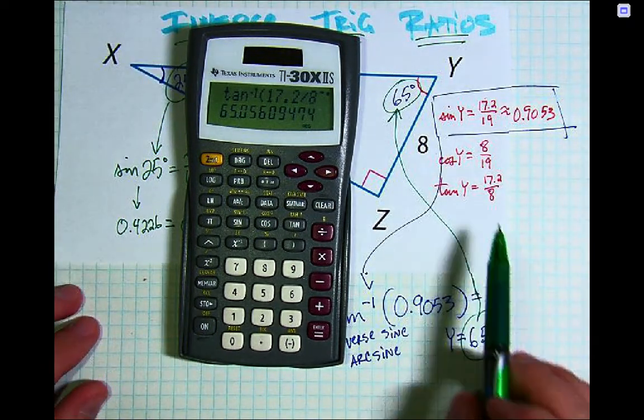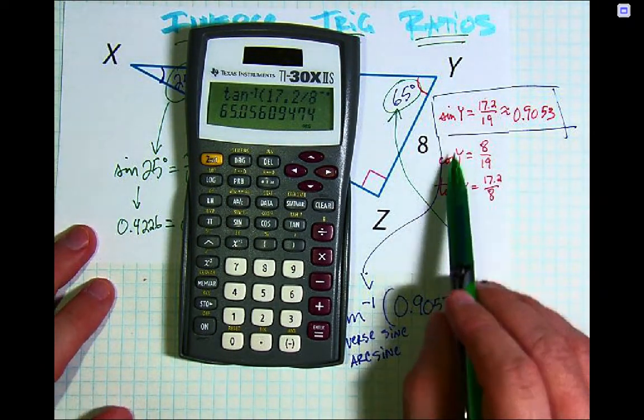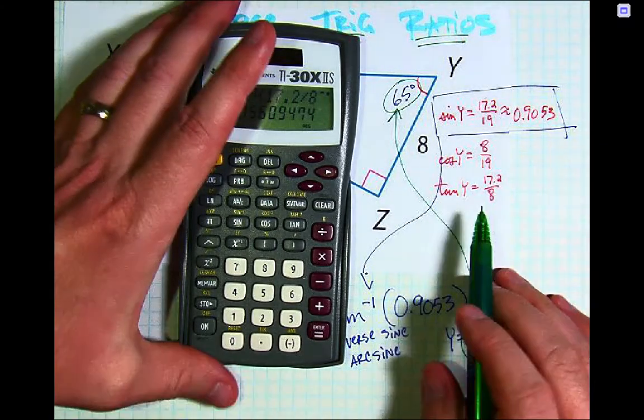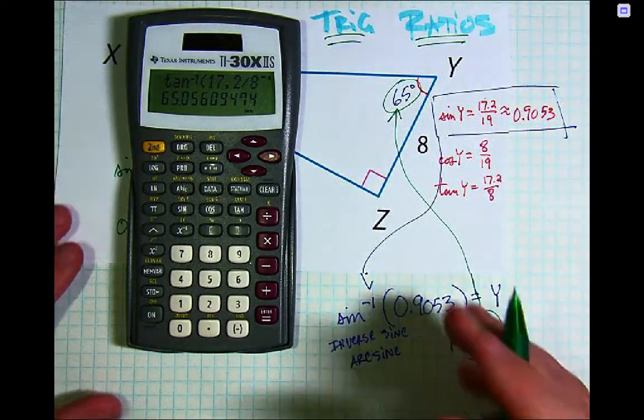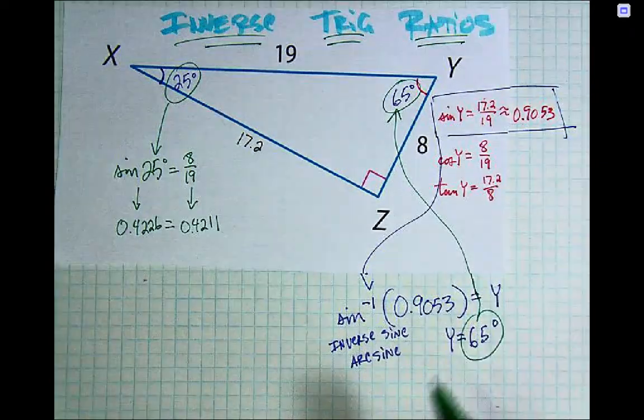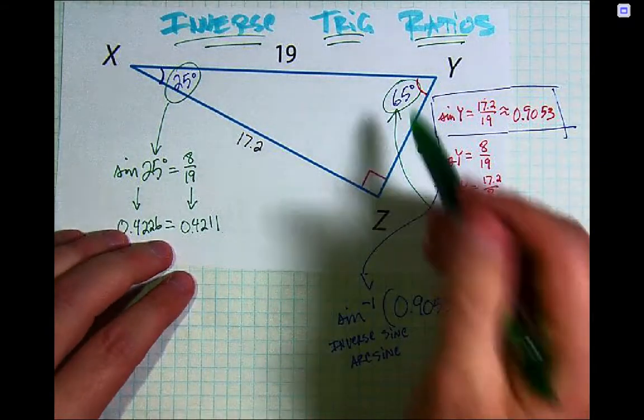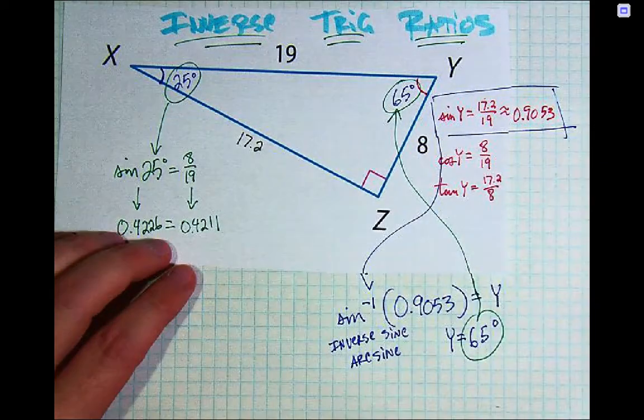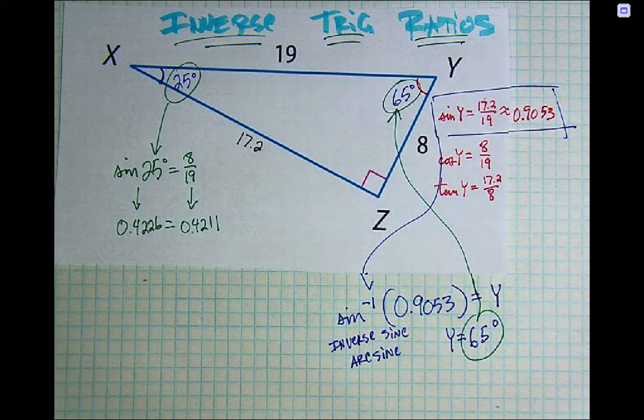So you can use arc sine, arc cosine, arc tangent, inverse tangent, inverse cosine. You can use any inverse trig ratios now to solve any right triangle, even if it's one of these ones that's a little bit tricky and painful. And that's basically what you need to know for